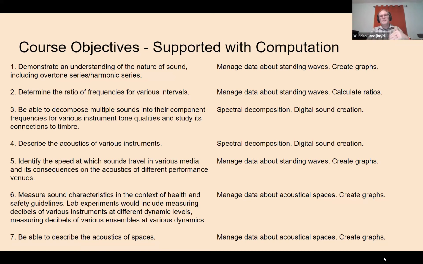And so this led me to think, okay, this needs to be a computationally integrated course, just like we've been doing all over the place here in PICUP. And I do want to pause here and say, this is a general education physics course. This is not the traditional calculus-based or algebra-based course, which most of our computational activities are designed for.